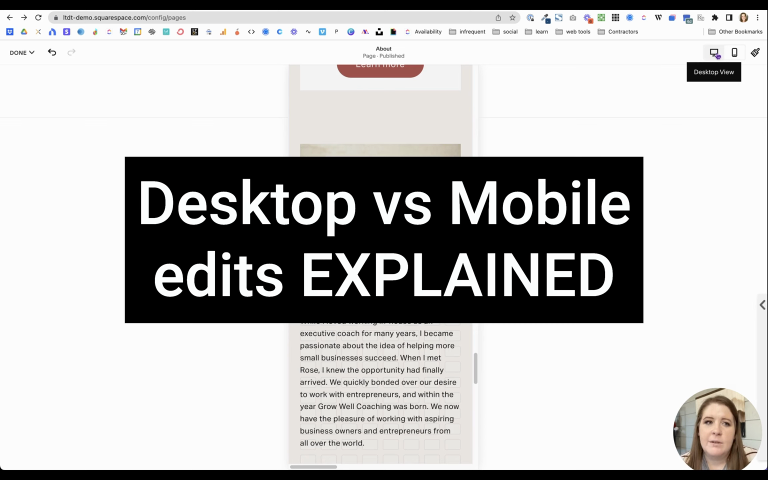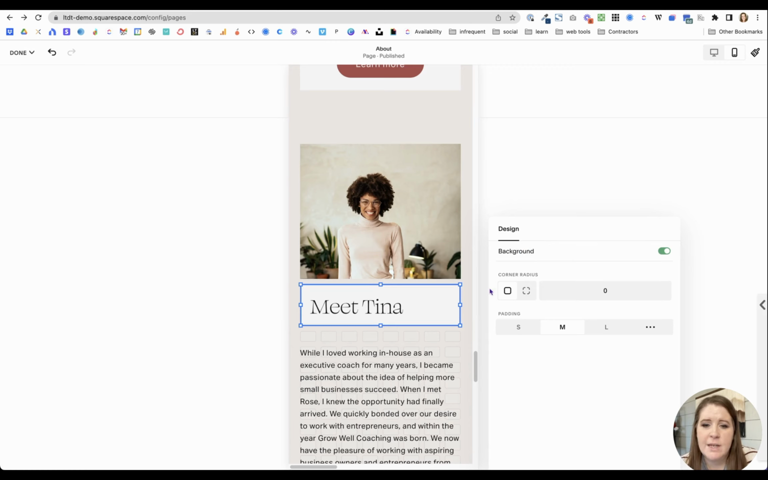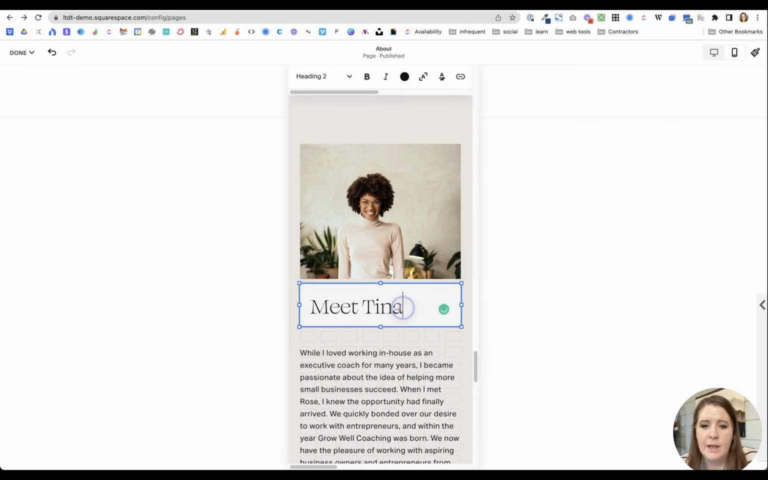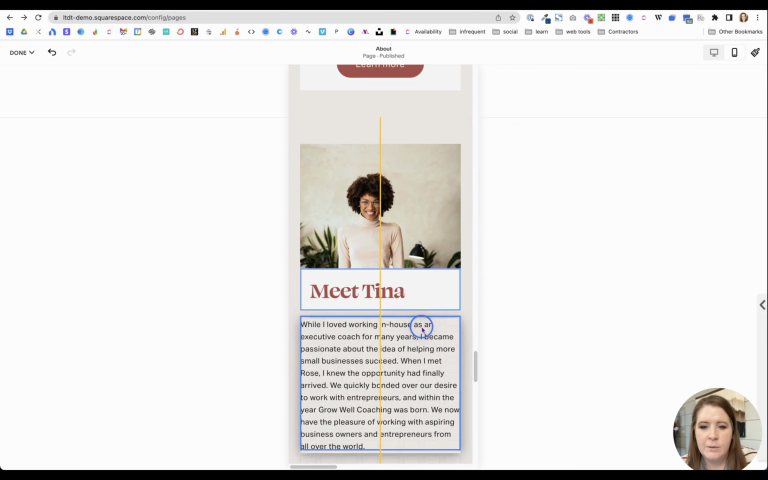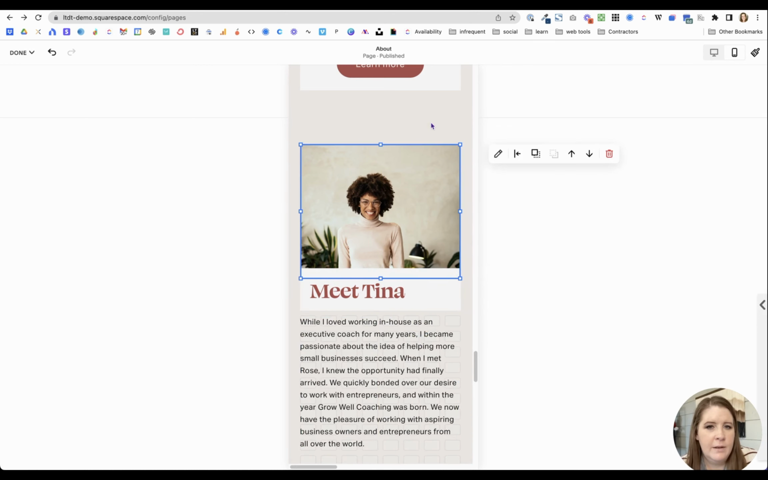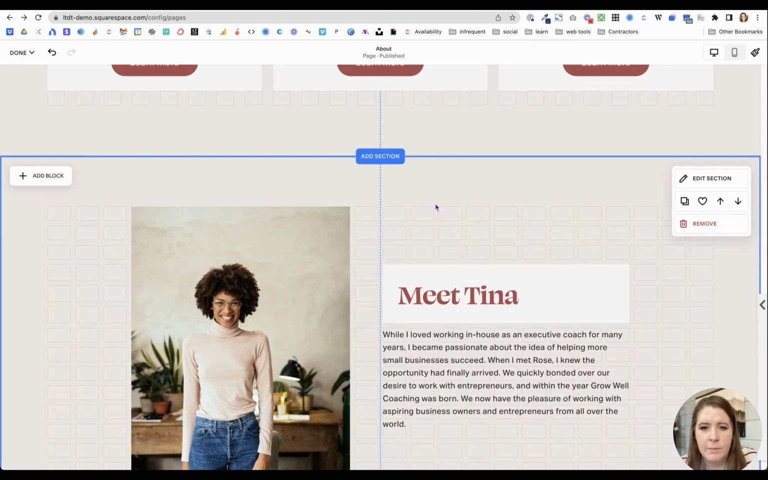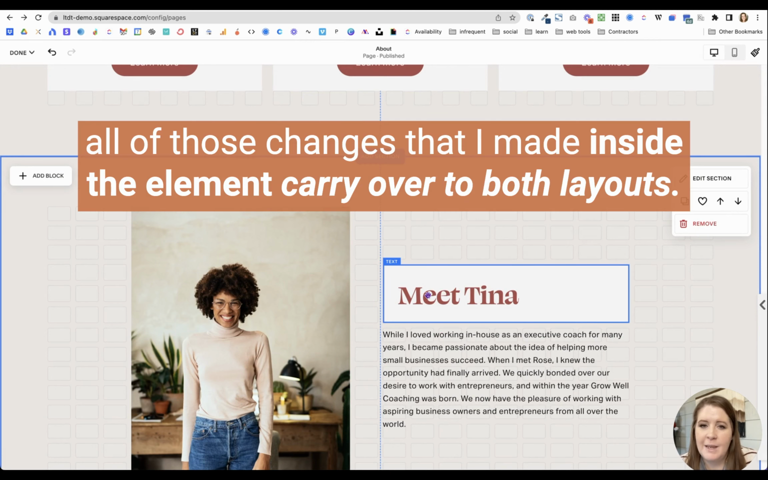One thing that I think is really confusing for people, though, is because you can make mobile specific changes, they think that everything is mobile specific, and it's not. So if I give this text block a background color and I change the font to be bold, maybe put it in red, make it a different color, and then overlap this, you can create a really cool layout like that. But when I switch back to desktop, all of those changes that I made inside the element carry over